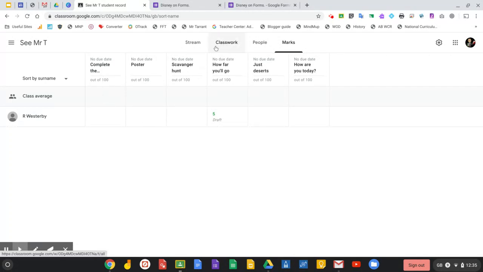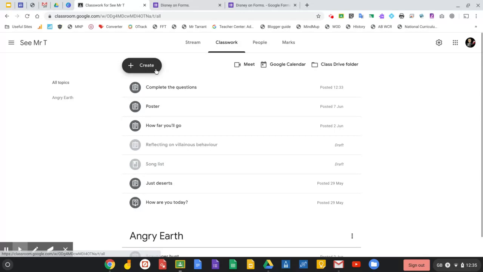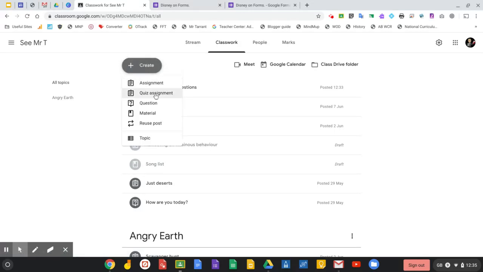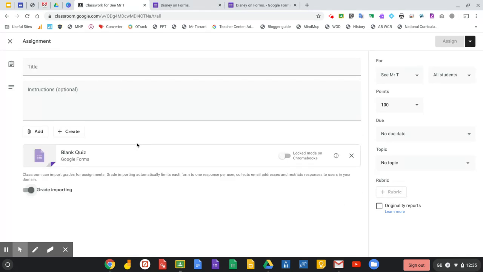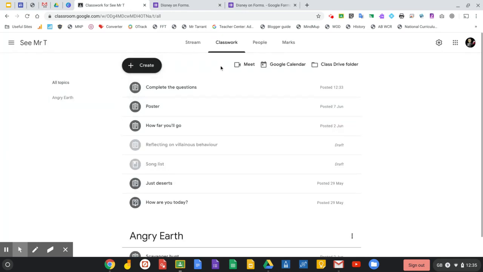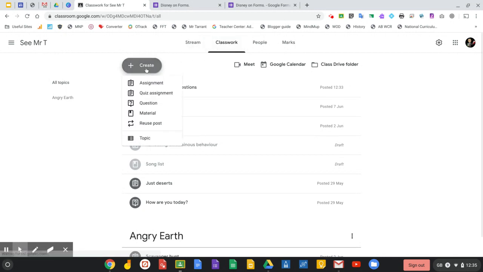If I am using a self-marking quiz, there is the option that I could go via quiz assignment. Now, this is absolutely fine, but it needs to be set up as self-marking, and it will go funny with the points over here. So if I use the normal point scoring in Google Classroom and the point scoring there, it can cause a few conflicts. So just be a little bit careful with that one and make sure you've got your settings absolutely right. If you're wanting the self-marking quiz, you could do it either way. But if you're just doing a normal quiz, I think the easiest way would be to go via assignment or